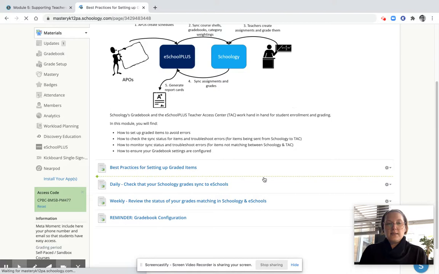I really can't emphasize enough that this sync changes button is super